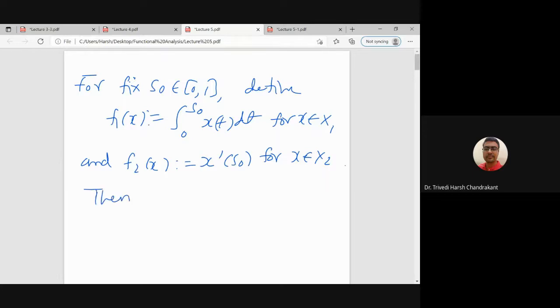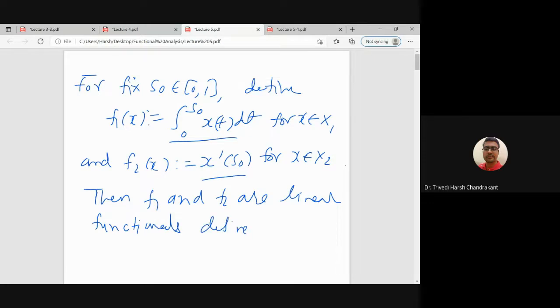Then again these functions are linear, and they are scalar valued. So therefore f1 and f2 are linear functionals